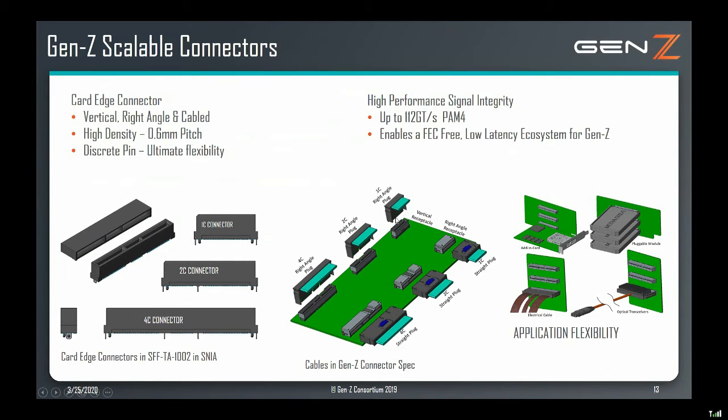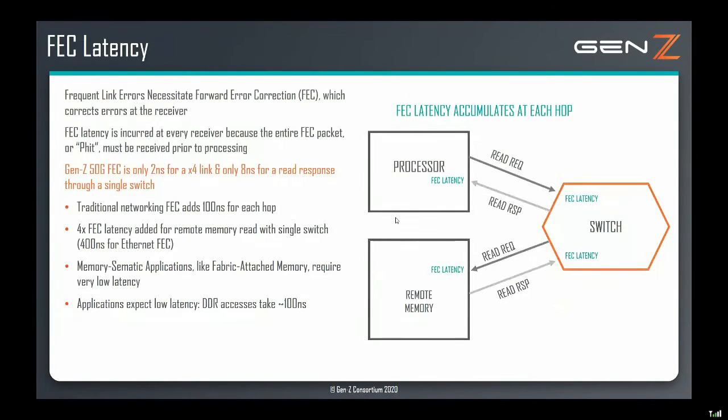So next, I'm going to be talking about FEC latency. This is the FEC that was added for the 200 gigabit Ethernet spec. This forward error correction is redundant bits that are sent with the data, and that causes latency on the receiver. So if you look at a read request from the processor to a switch in the diagram on the right,